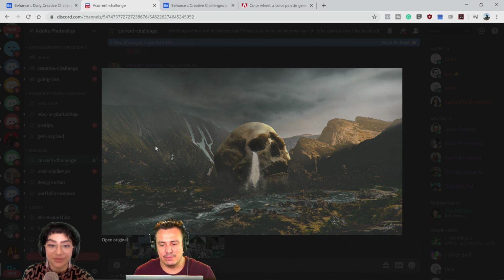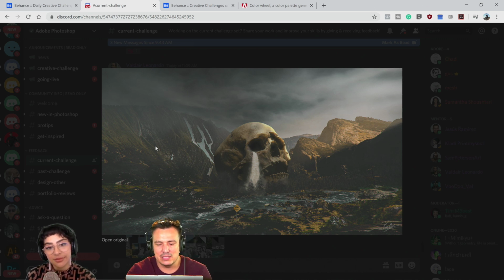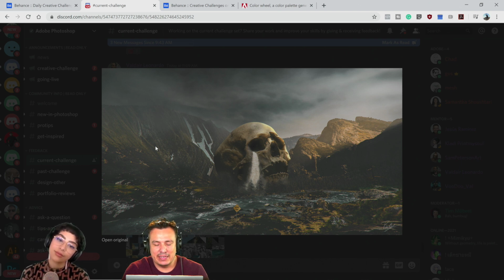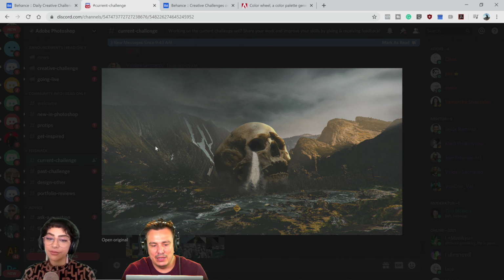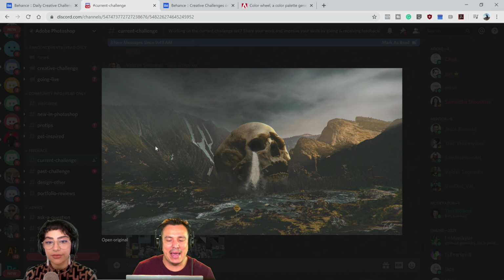The first thing I'll say about this is basically the same comment I made earlier with the composite of the floating sky. It looks like the skull, especially in the eye where the waterfall is, if you look at those shadows, are way darker than any other shadows in the scene. I would just try to match the shadows to everything else in the scene. Notice that the shadows, for example, closer to us on the left, are basically a matte black. So I would try to make it the same color so that it matches and the image feels more cohesive.